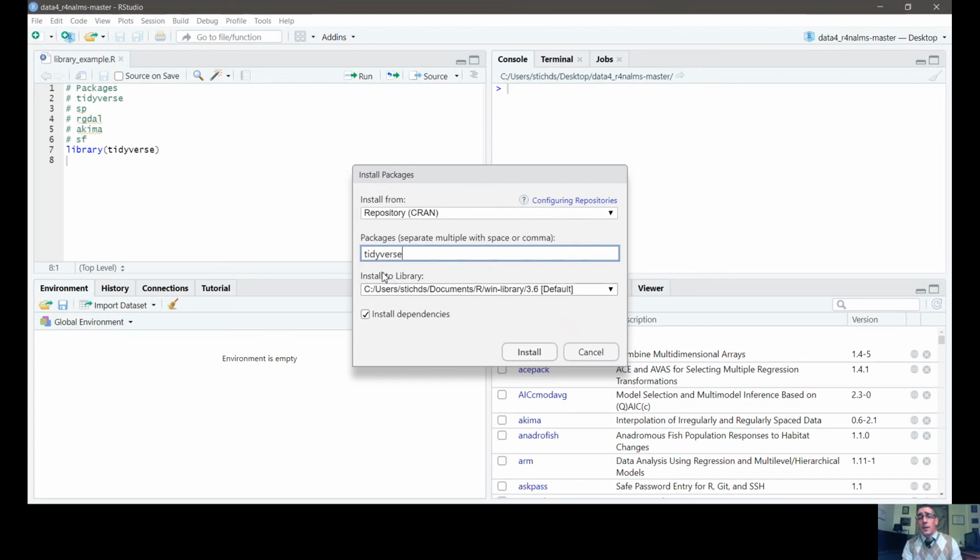That's the one we want. I'm going to click on that. I would like to install all of the dependencies along with that, so I'm just going to go ahead and hit the install button. You'll see that this is going to download by default to my documents folder in an